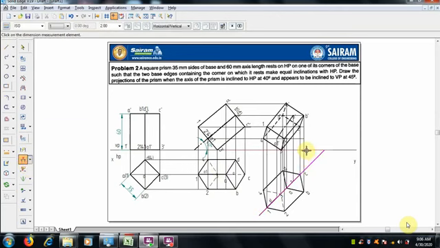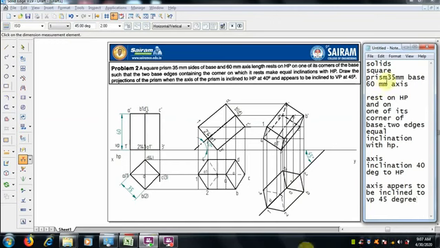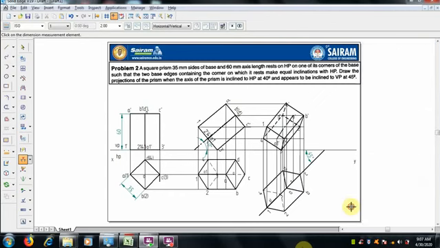Here it appears to be inclined, the axis appears to be inclined, so directly we tilt it to 45 degrees, and this is the problem. It's over. 35, 60, rest on corner, okay, inclination 40 and VP 45 degrees. When it appears, we can make it directly, otherwise we have to find the beta angle, that we will see in the next problem.